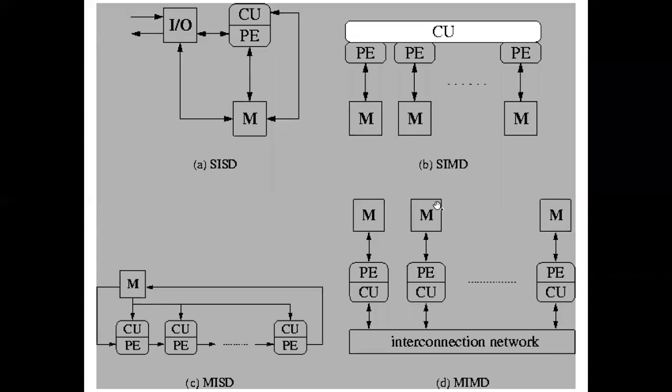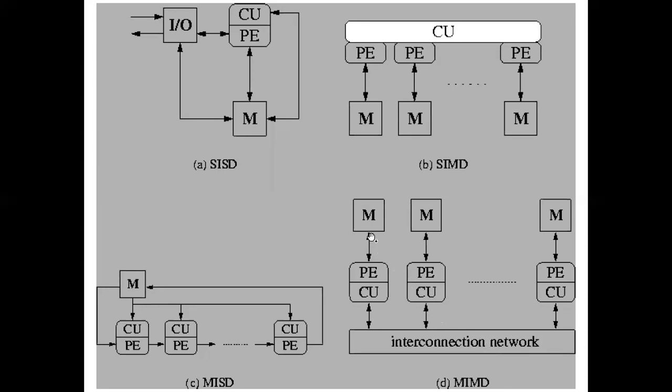These are some commonly seen diagrams. You can find these in many of the books. All those things we have shown using the input output unit. Here is your control unit and memory. This is the diagram of SISD. This is of SIMD, single instruction multiple data. This is MISD, that is multiple instruction and single data. And this is your MIMD, that is multiple instruction and multiple data.